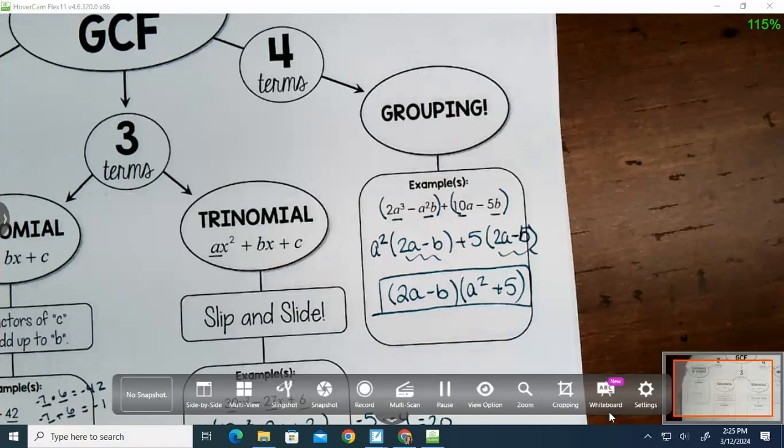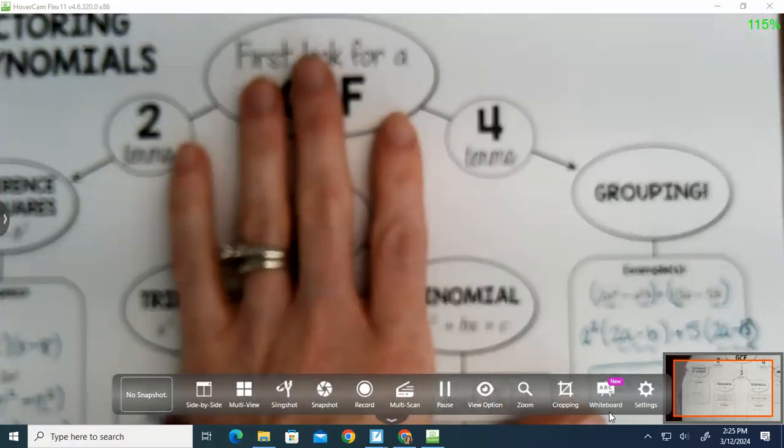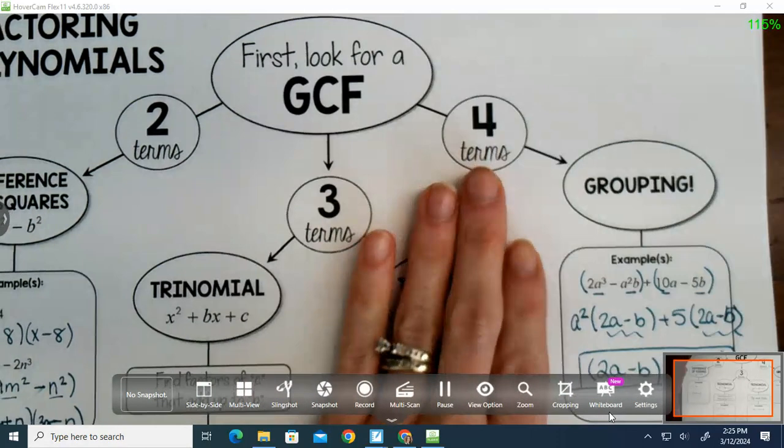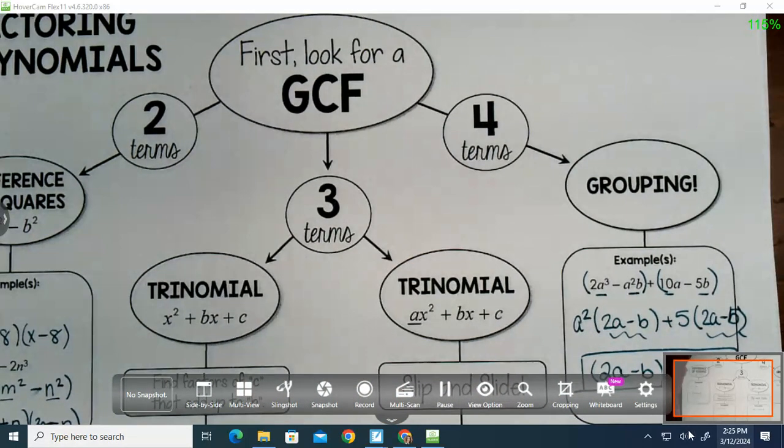Any questions there? So those are all the different strategies. Greatest common factor first. Your next step depends on your number of terms. So now we